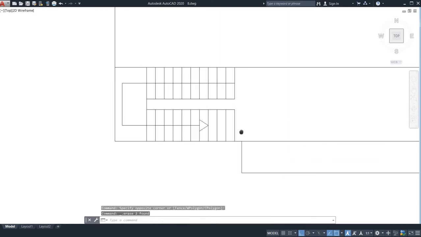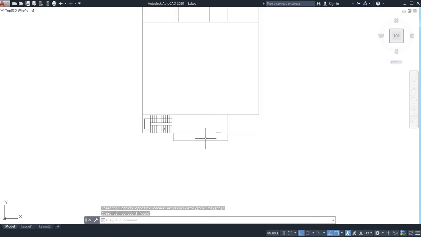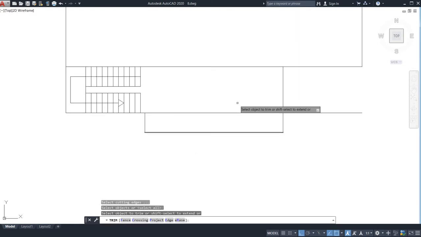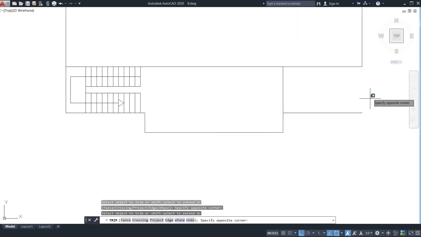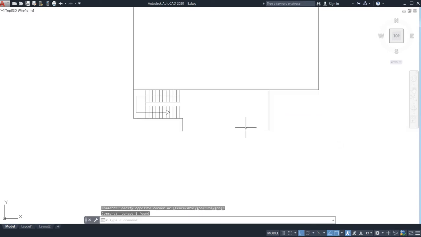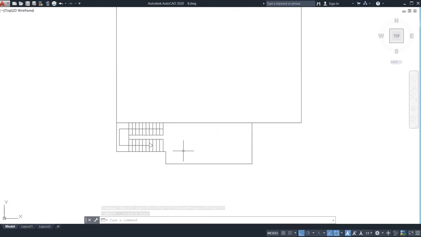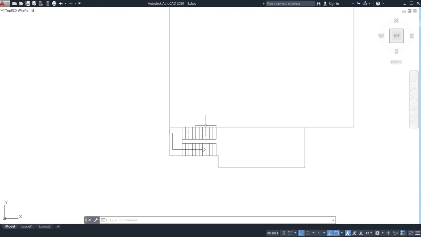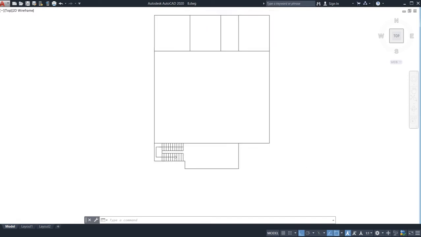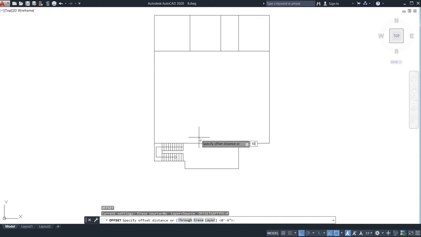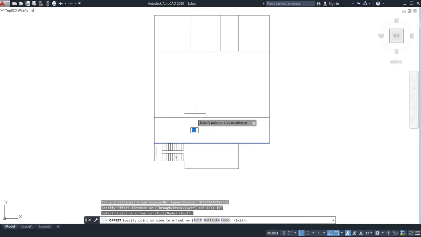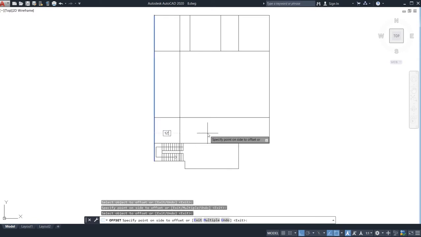Now you can see this is my anti-clockwise direction, so this should not be there, right? So after deleting this, my previous plan and this may have some differences, but don't worry, just see the logic. Okay, after that, I have told you this is my east facing plan, so go for the offset command of 10 feet, because I need to keep the kitchen room here. So up to here I will keep 12 feet.